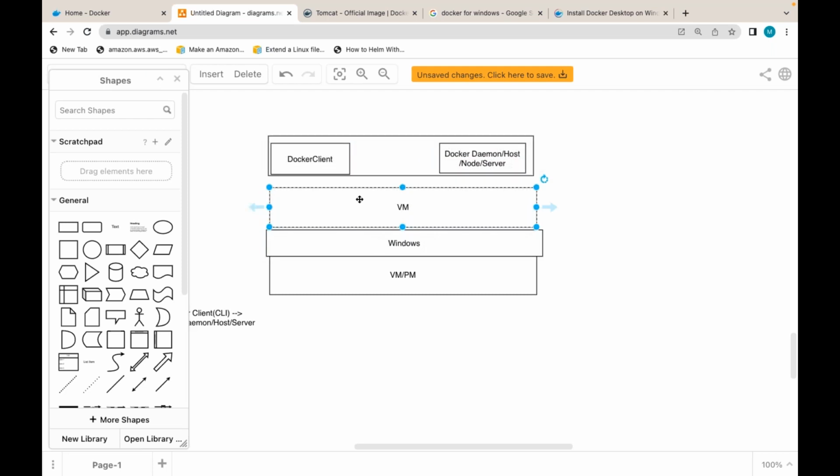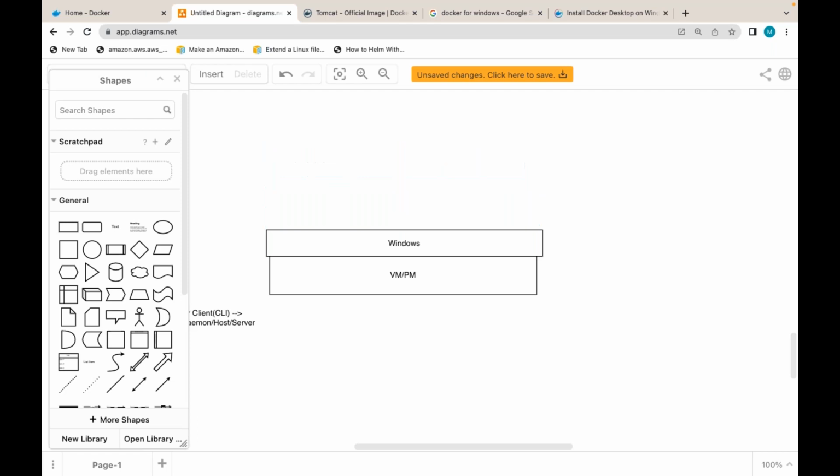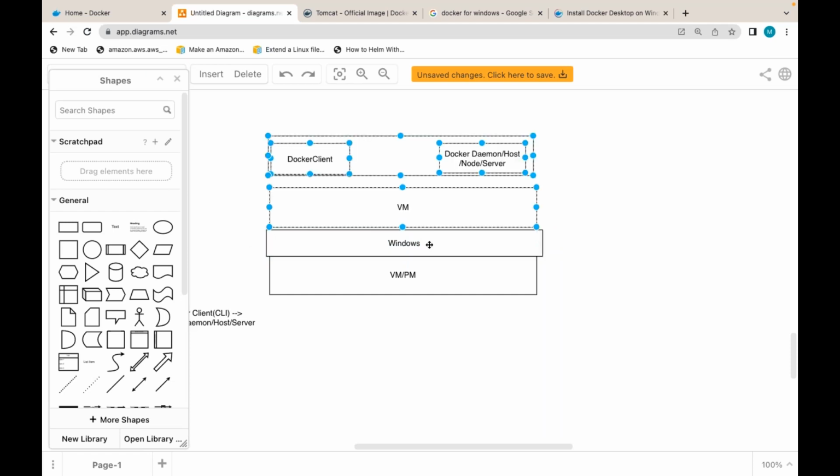Now, if I don't want to run Linux-based containers, do I have an option to switch to Windows containers? The Docker which is installed in Windows, can I switch between Linux containers and Windows containers? If I switch to Windows containers, do I need this additional Linux VM in my Windows laptop? Not required, because Windows containers will be using the Windows operating system which is part of your Windows laptop or server. Yes, that is how it works here.